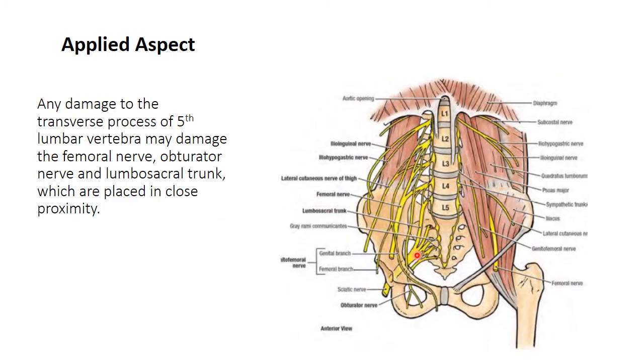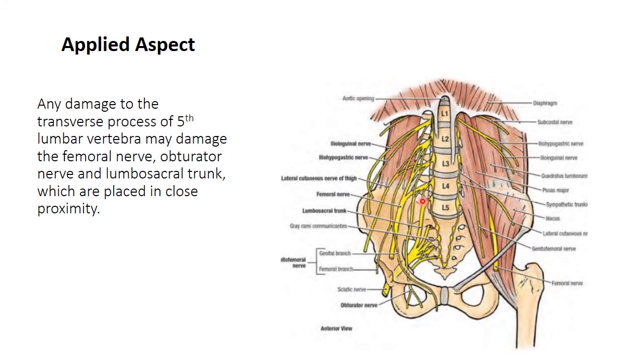Now this picture again. All these are the primary ventral rami emerging out from the intervertebral foramen. Now just identify the major nerves. This is the femoral nerve. This one is the obturator nerve. Okay, this one is femoral, this one is obturator. And this, the medial most nerve, is the lumbosacral trunk. Now see over here, in this area, the femoral nerve, obturator nerve and the lumbosacral trunk.